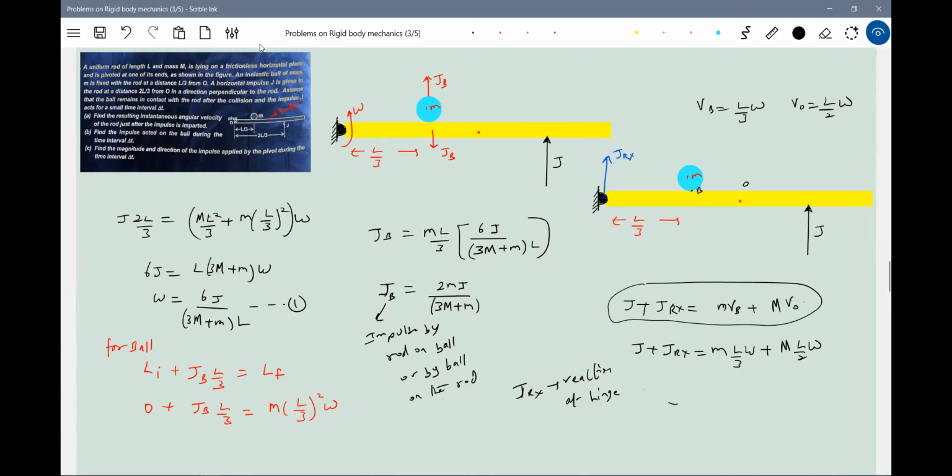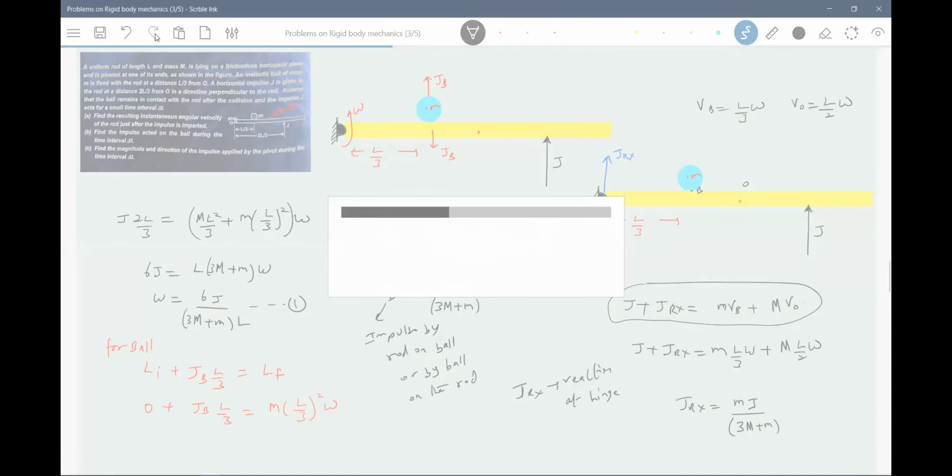You need not bother searching for JRX. It all depends on where you apply. If you get positive, okay, what you assumed is right. If you get negative, change the direction. JRX will be M J by...